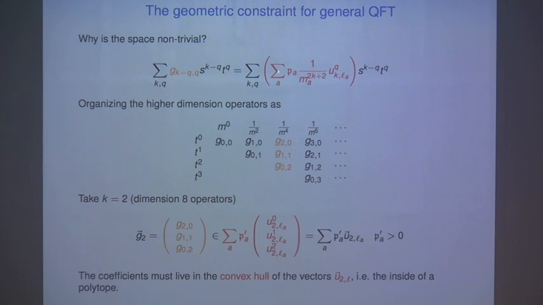Now, since PA is positive and the mass, we assume that we have positive mass, that means that this PA prime is positive. So if I organize it in this form, you see that this is a non-trivial statement. The statement is that these three coefficients form a vector, and this vector is sitting inside the convex hull of these vectors that are coming from expanding the Legendre polynomial and propagators. The convex hull of a set of vectors is what defines a polytope. Okay, so that means that there's a polytope in this problem.